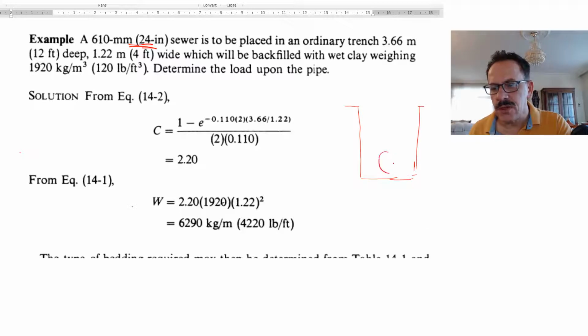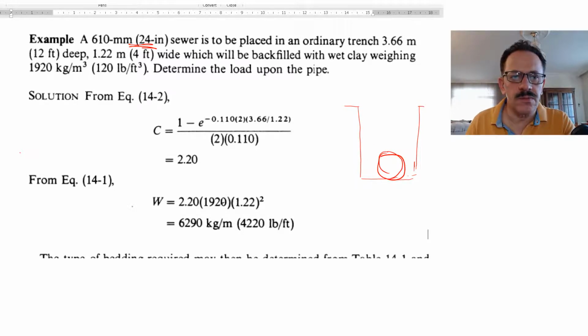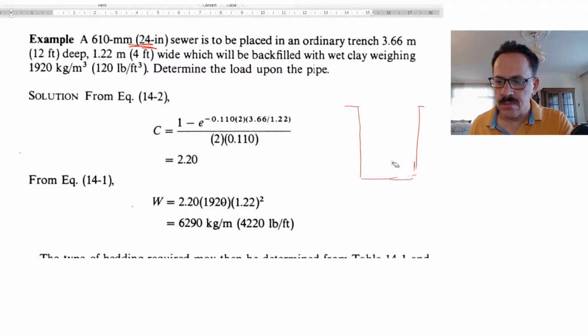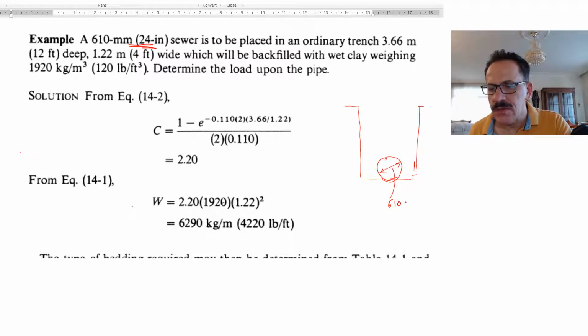This is the diameter of the sewer. So the diameter of the sewer is 610 millimeters, or it's 24 inch, and it will be placed in an